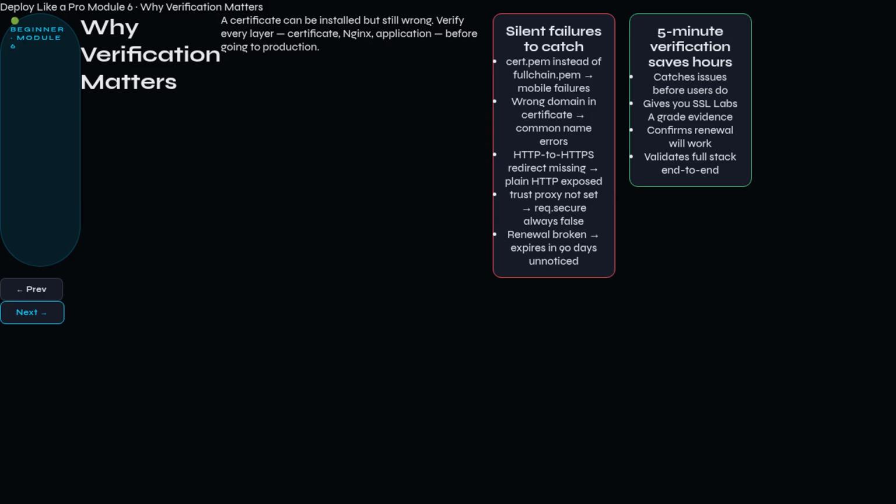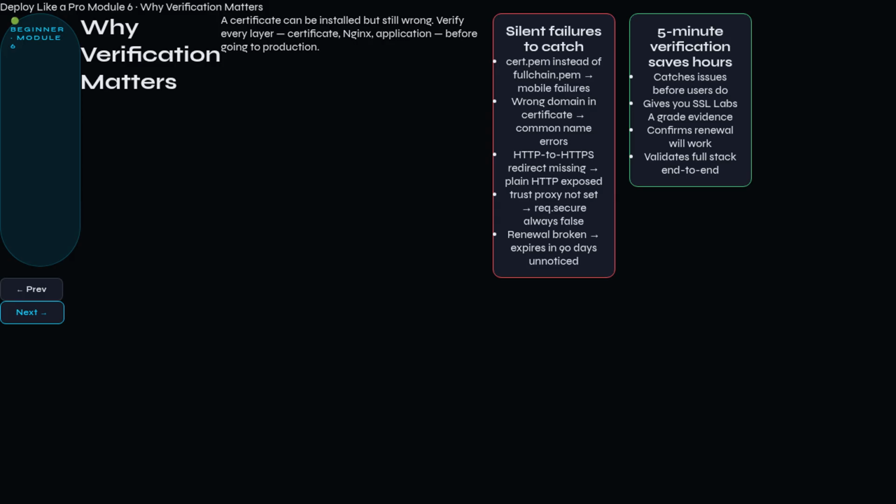The 5 minutes you spend verifying after setup saves hours of debugging later and prevents embarrassing security issues in production. This chapter gives you a complete HTTPS health check, a set of commands and tools you run after any SSL configuration change to confirm everything works correctly end-to-end. By the end, you'll have a verification checklist you can run in under 10 minutes and be confident your HTTPS